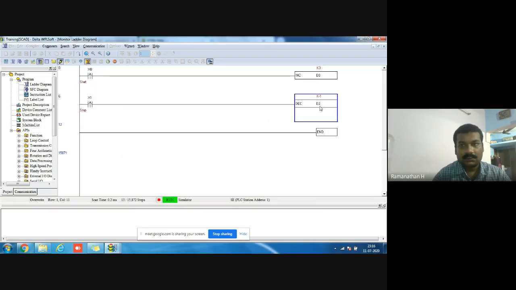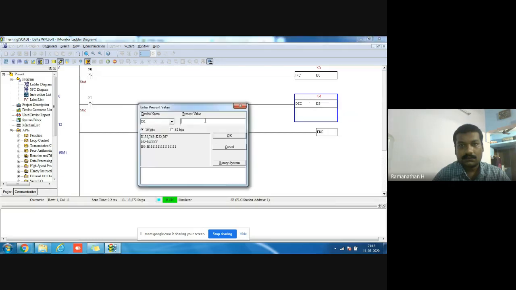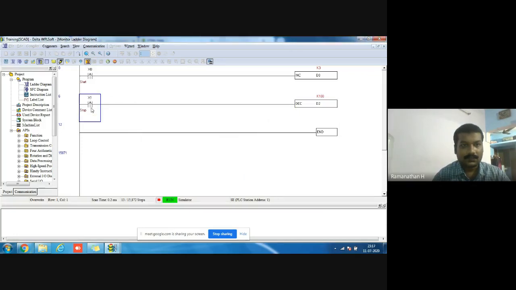Same thing here. Set D2 as 100. Okay. Here I turn on. Decrement. Turn off.